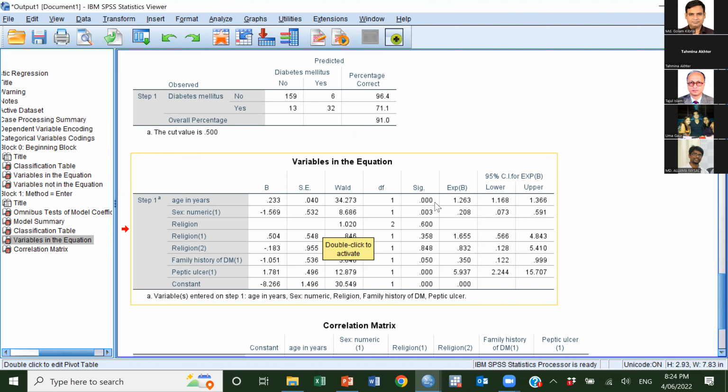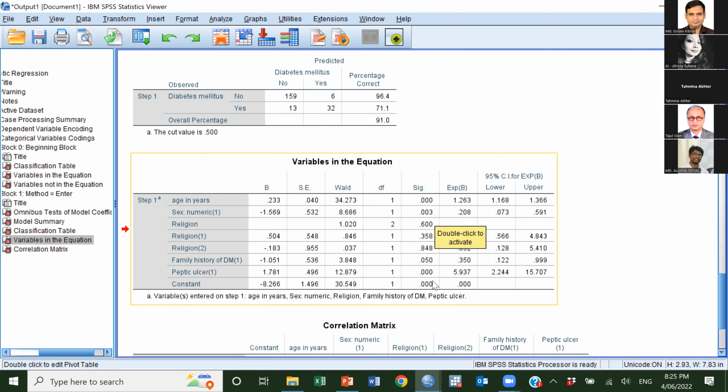Yes, sir. What are the other variables which are significant? Sex. Okay. Then family history. Okay. Then